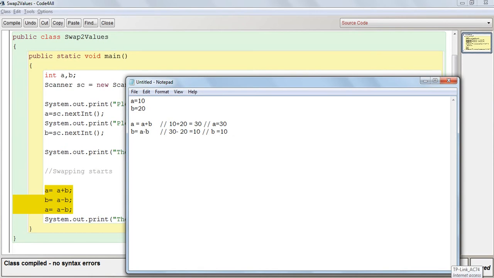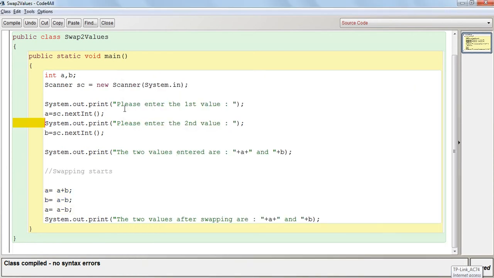Okay, now in the third statement, a is equal to a minus b. Sorry, now let's see what is happening. Now the value of a is 30. Okay, so 30 minus 10, the value of b.